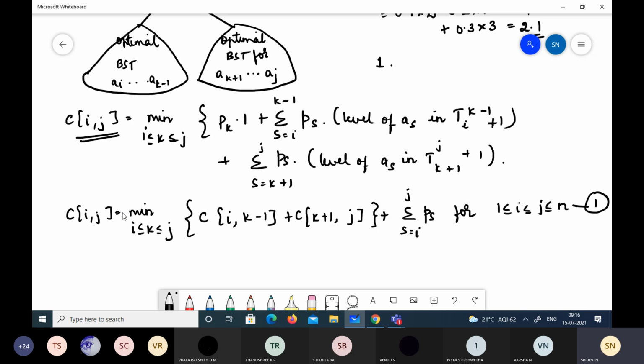This is the recurrence relation we use in order to find the optimal binary search tree.